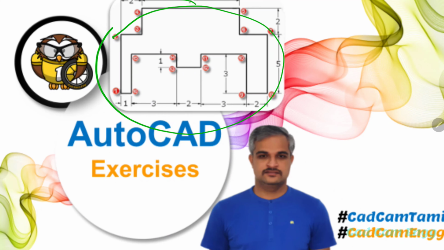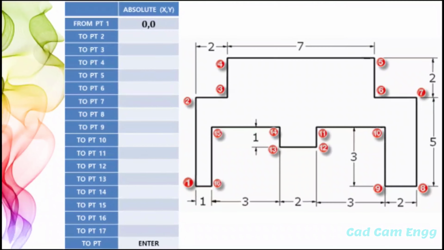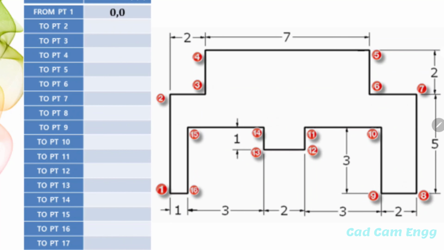Last class, we discussed the absolute coordinate system. So based on the absolute coordinate system, in this class we are going to create the points first. After that, we directly open the AutoCAD software, enter the points, and get the same 2D drawing structure. As per our absolute coordinate system, this is my origin point. Origin point means this is my x-axis and this one is my y-axis.